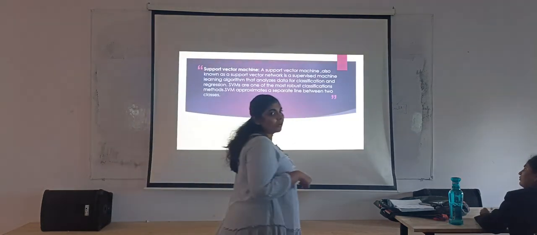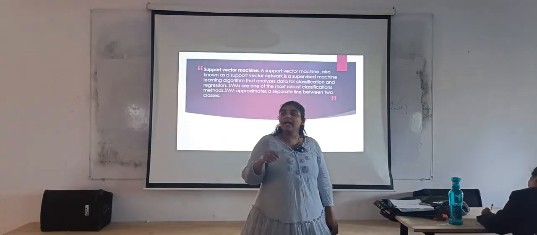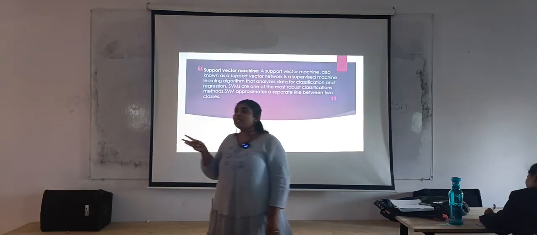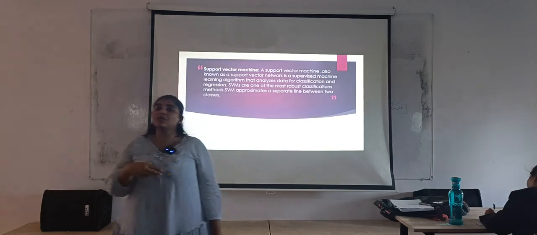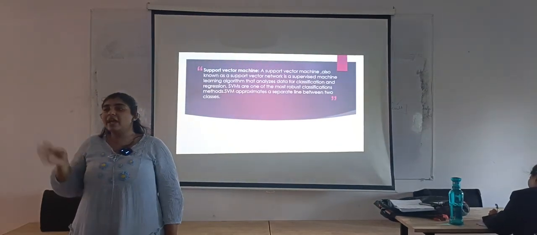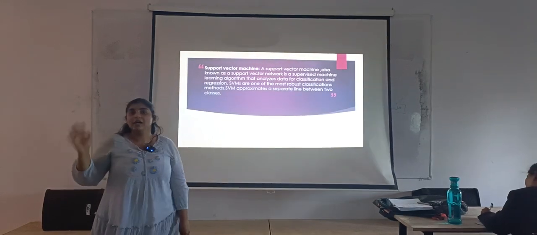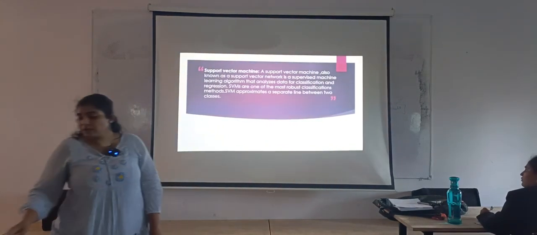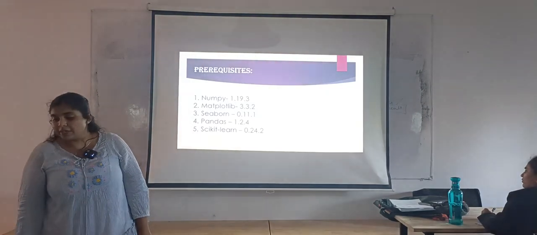So it is the basic, fundamental and very strongest among the classifications, and it also separates the classes with a line. That means now you are taking an iris flower which is of 3 types, which has 3 classifications. Then in this case, what will SVM do? It will separate each classification or each group with lines. That is what the SVM does. Okay, so support vector machine.